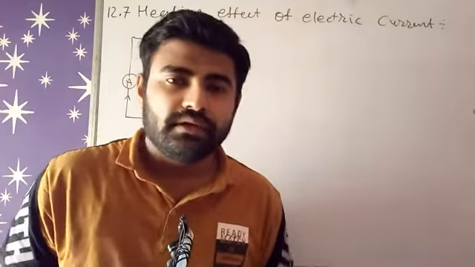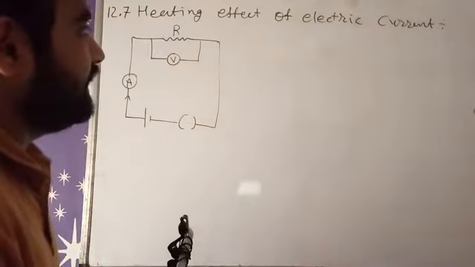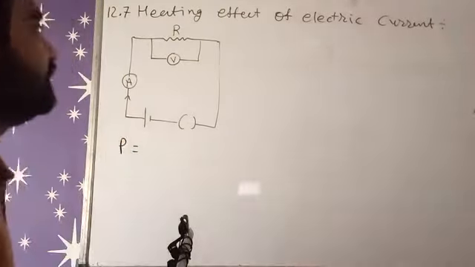So here, for the heating effect of electric current, if I write the equation of power which is lost, the normal power formula is W by T, work upon time. The work done in this circuit is Q into V, flow of charge into potential difference, upon time. So P is equal to Q into V by T. What is Q by T? Q by T is nothing but I. So P is equal to I into V.